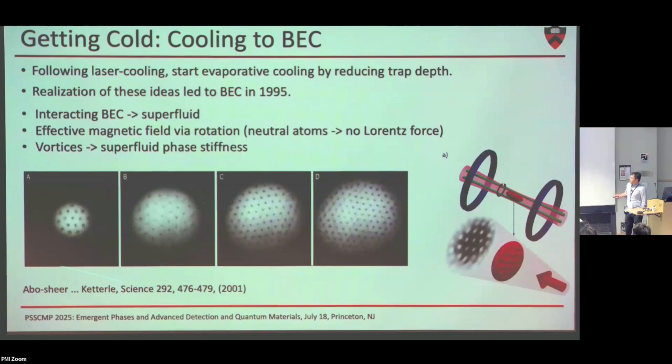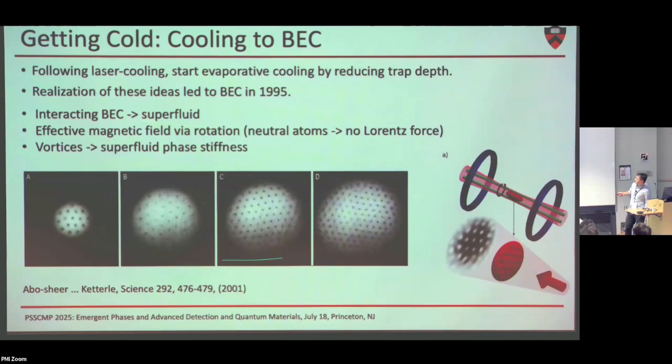Now, one of the key experiments to actually establish superfluids of these ultracold bosonic samples was done by effectively applying a magnetic field to these bosons. And the way that this was done was by rotating the sample. Turns out that for these neutral particles, if you rotate them and go to the rotating frame, essentially you will see an effective magnetic field. And because the superfluid has a phase stiffness, what happens is that all this effective magnetic field has to go through these vortices. So in these images taken with absorption back in 2001, people were able to see